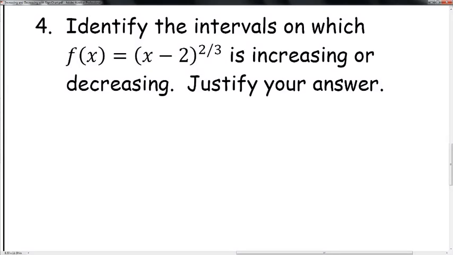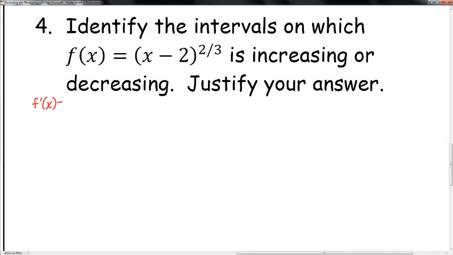All right, number 4, last one. Identify the intervals in which f of x is equal to the quantity x minus 2 to the 2/3 is increasing or decreasing. All right, so first we're going to take our derivative. So f prime